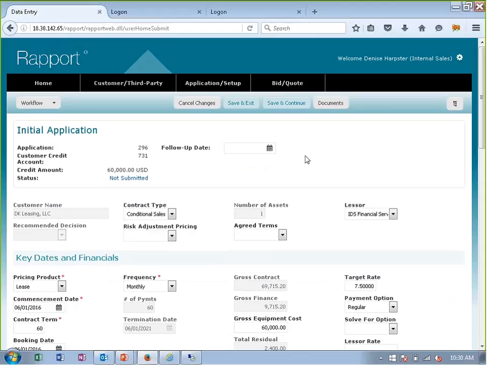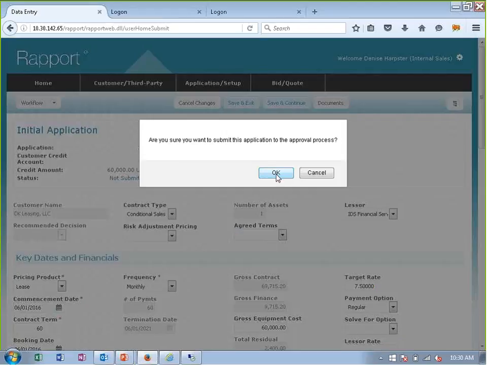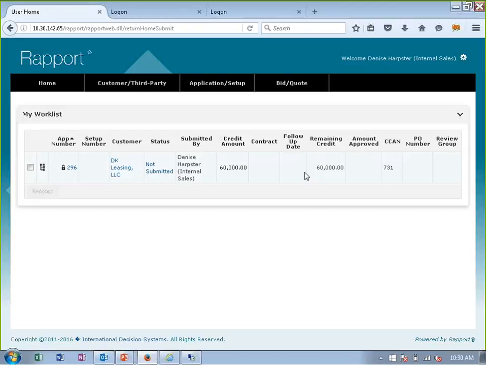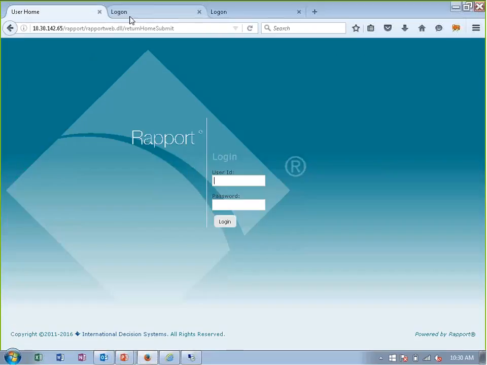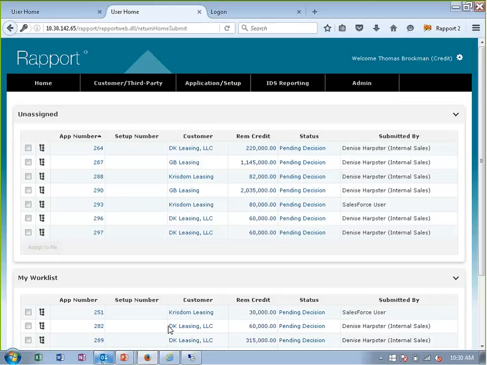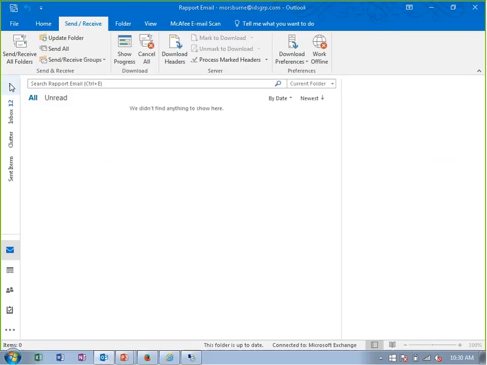And then my work on this application is done, so I'm actually going to submit it into the workflow. So I'm going to submit my application. And then you can see that it's locked for processing. I'm going to go over and log in as my credit user. But while I do that, I'm actually going to go in,